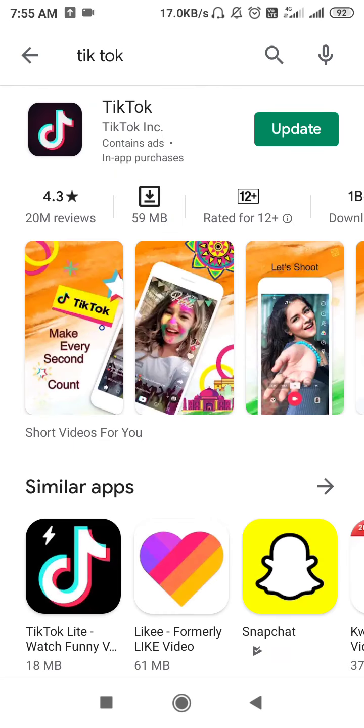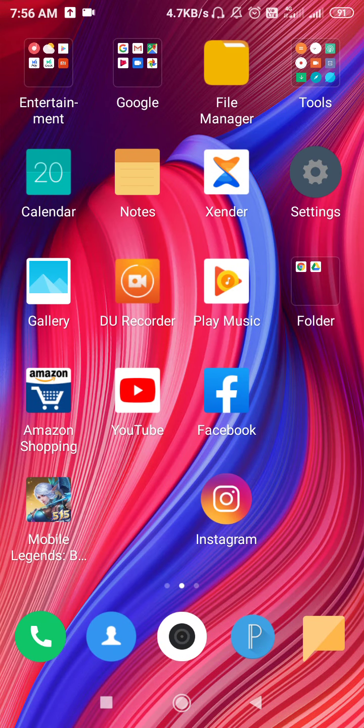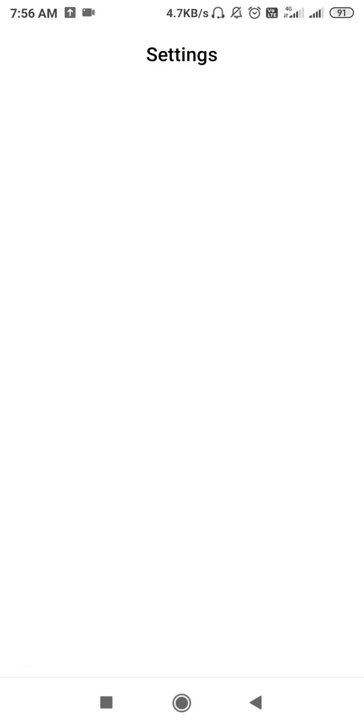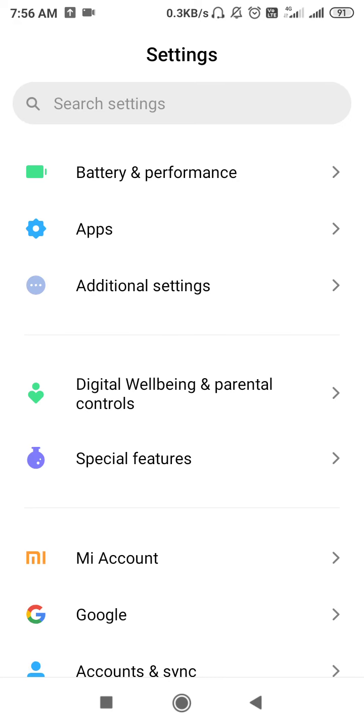The time has come to update your application, so you need to go to Play Store and search for TikTok, and then you have to update it. Update will give you the latest features, and update fixes your bugs. Okay, so that's why update is very important.